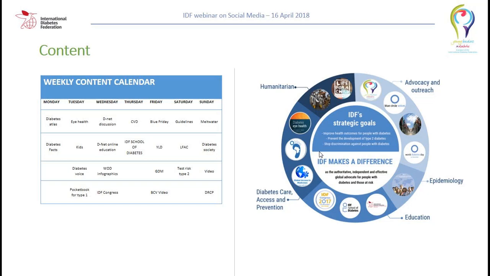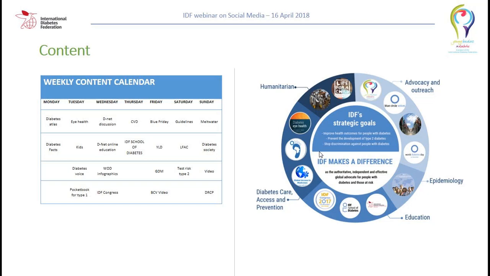And so when we share those publications, as an organization, we need to have a schedule. We need to be organized. We need to show that there's a pattern, so people know, and so we can meet the expectations of our public, and we can create their expectations too. And so here we have a weekly content calendar of the days of the week and which posts we usually share on those days. As you can see, for example, on Monday we